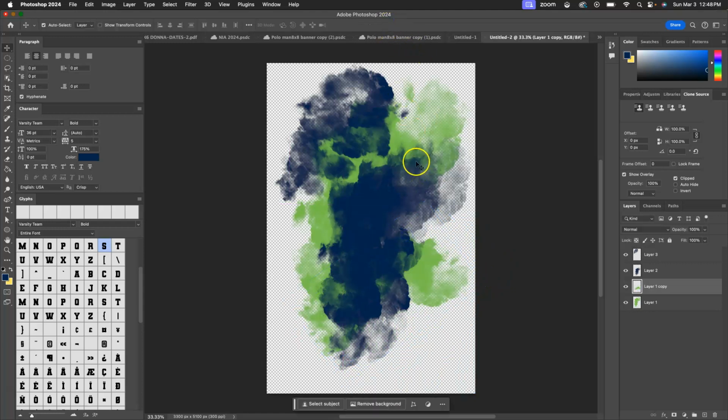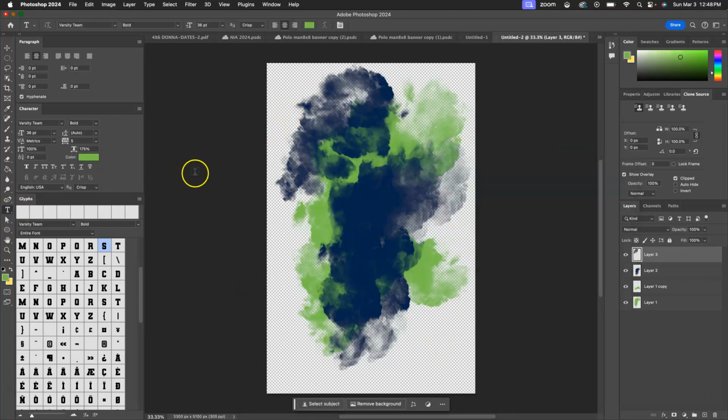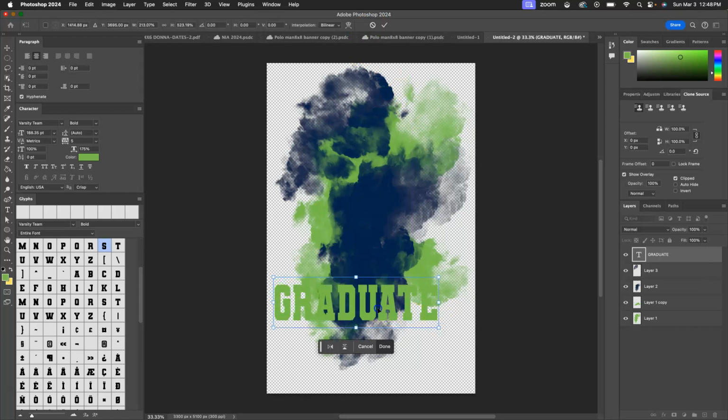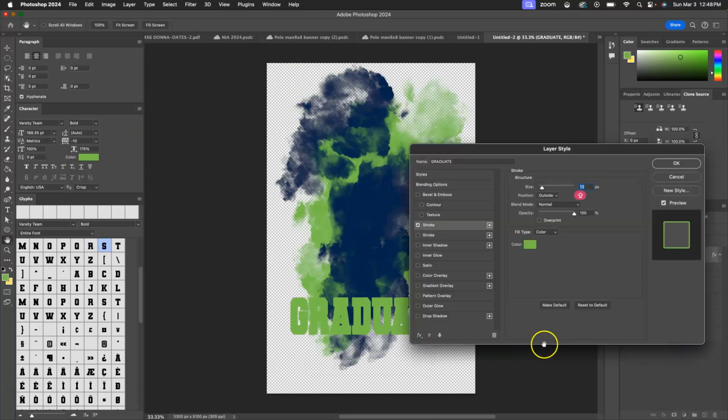Now say this is one of the backgrounds that you wanted to use, that's perfectly fine. You could go into your text tool and start adding in your words and different things like that, just like how we did on the other video. This part right here is just to basically show how to use your downloaded brushes. Graduate. And remember, in your characters panel, you can adjust how close they are and different things like that. You could add your